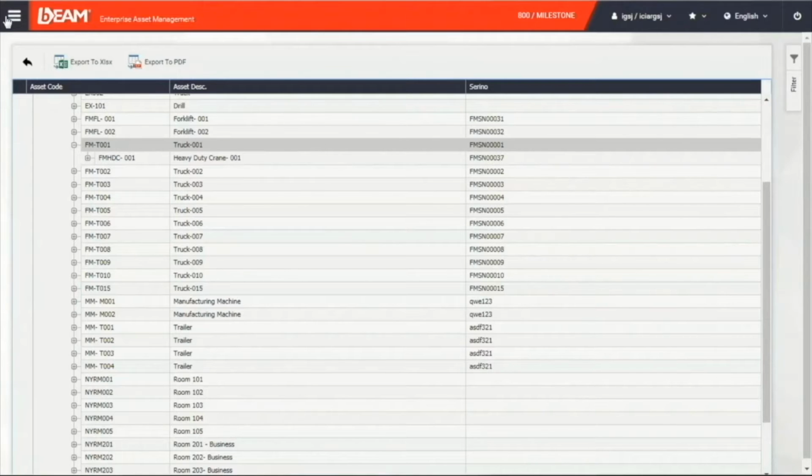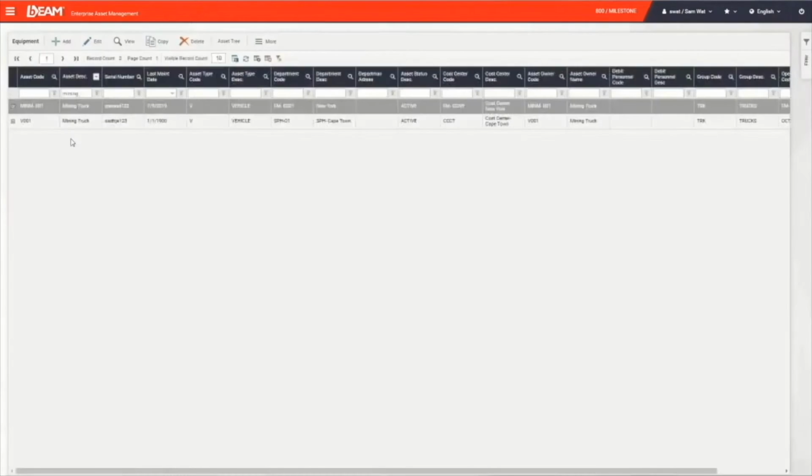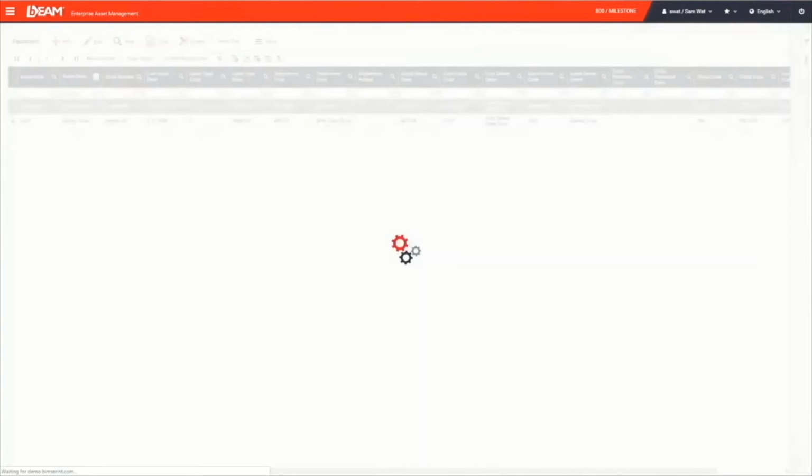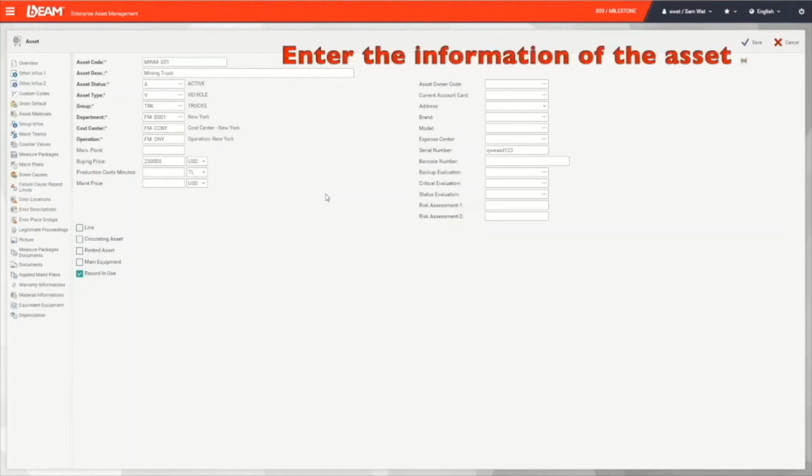Let's go to the asset list now. In this list, we can see the information regarding your assets. You can simply click the add button to create a new asset in the system. You can also enter a unique asset code, asset name, asset status, asset department, location, brand, model, and buying